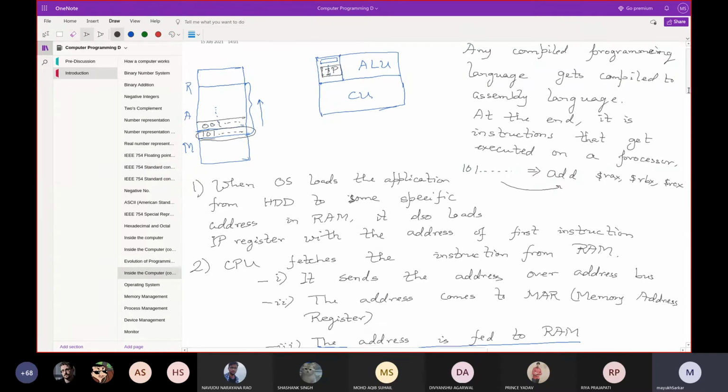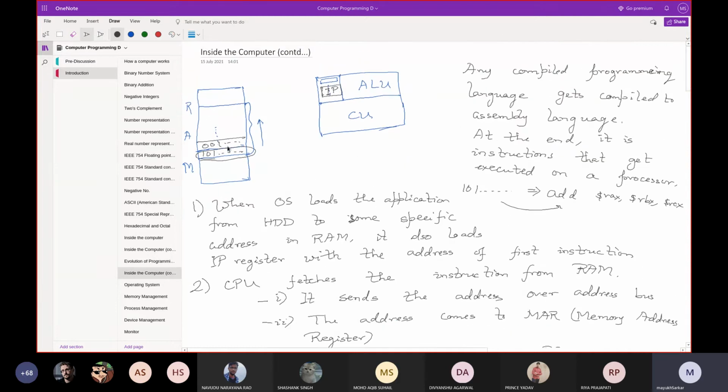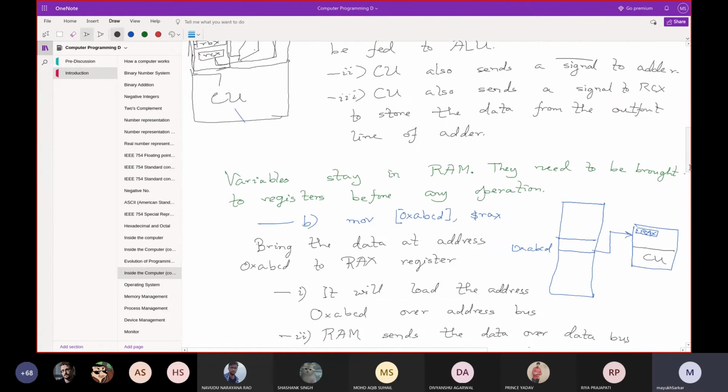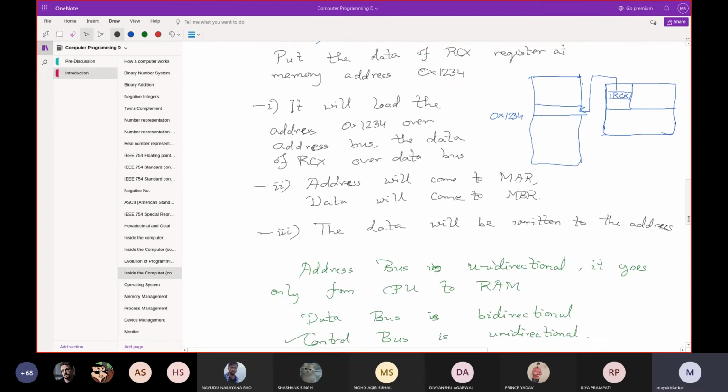And here we have discussed in detail how instructions are brought from RAM to the CPU. Eventually the control unit takes them, decodes the instruction, the ALU performs the operation, and then the ALU stores the result back as data in the RAM again. And here we have seen the details of that, complete step by step with various types of instructions.